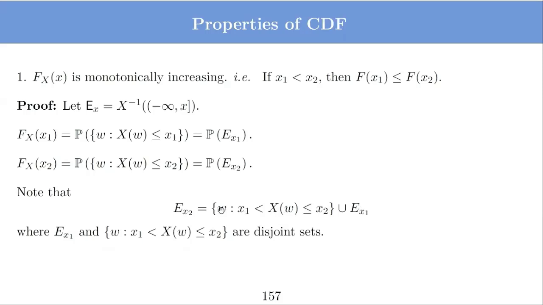Of course an element cannot be common here and here, because if the element is here, it should map to a number less than or equal to x1, and it does not belong to this set because this set has only omega which maps to a number more than x1. Okay, so these are disjoint sets, and the union of these two sets is EX2. Okay, so now from